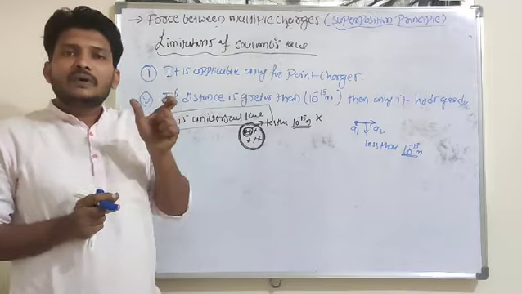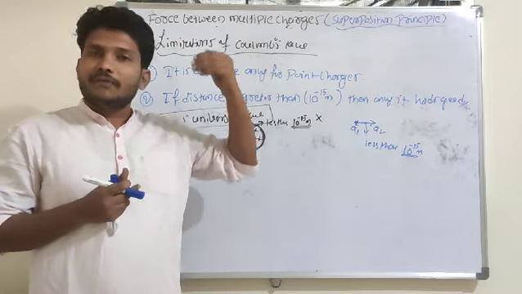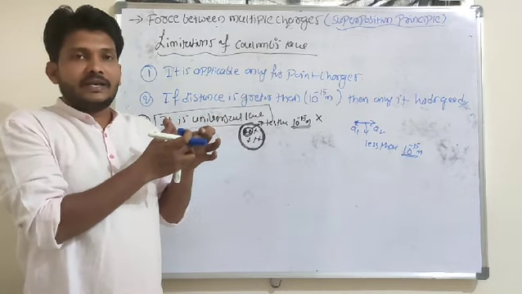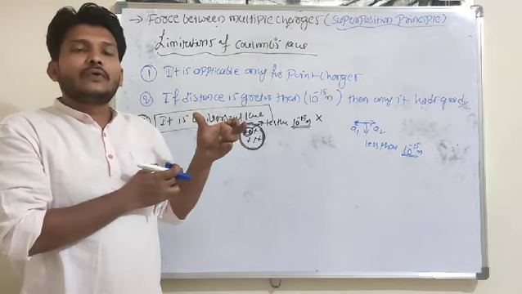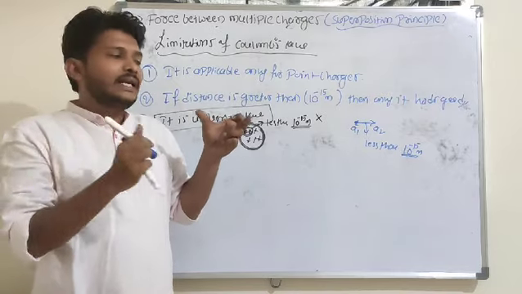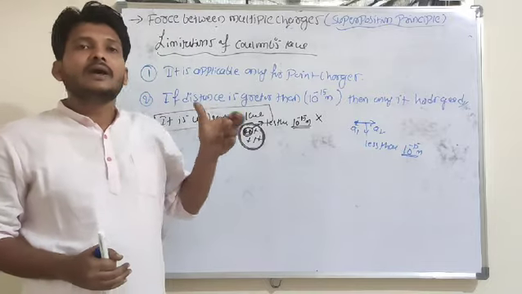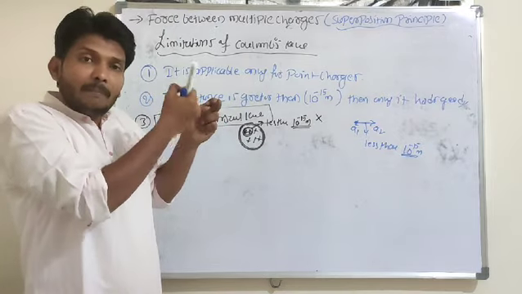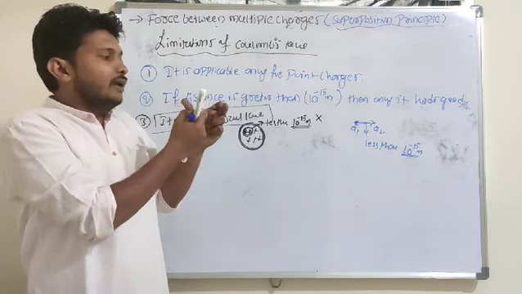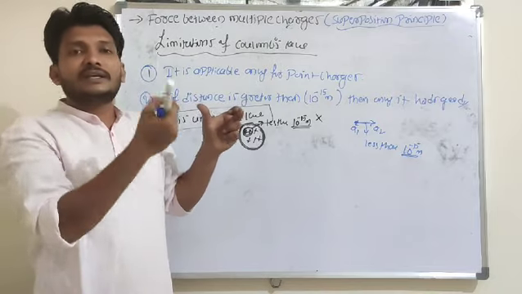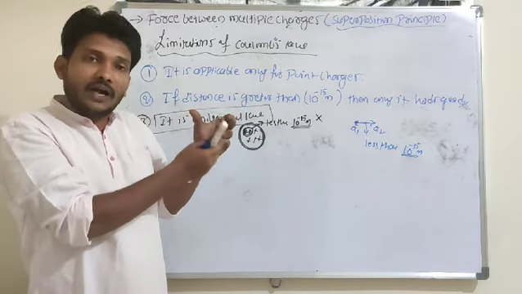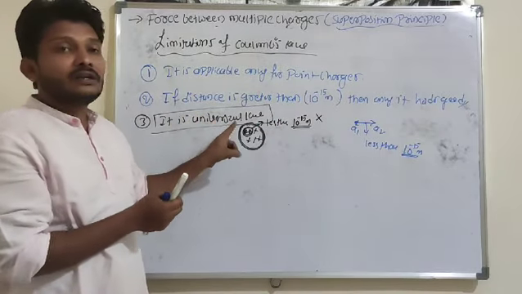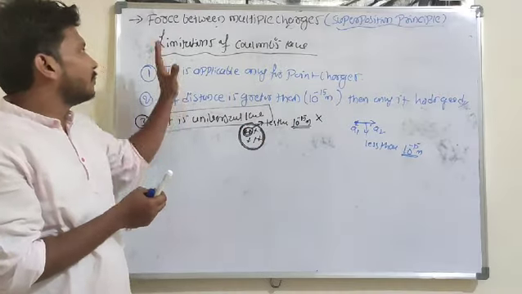Why? Because Newton's law of gravitation is applicable wherever. It is independent of the medium between the two bodies here. So in Newton's law of gravitation, the force of attraction between the two bodies is independent of the medium between the two bodies. But in the case of charged particles, the force between the charged particles depends on the medium between them. For example, if an air medium is between the charged particles, it exerts one kind of force. If an oil medium is between the charged particles, the force value will change. So that is why Coulomb's law is not considered a universal law. Hope you understand these points.